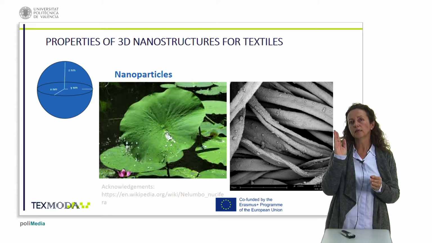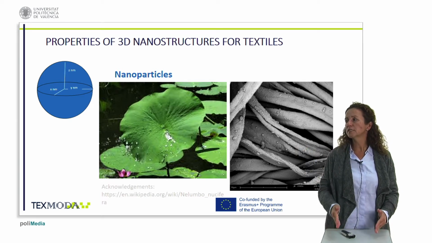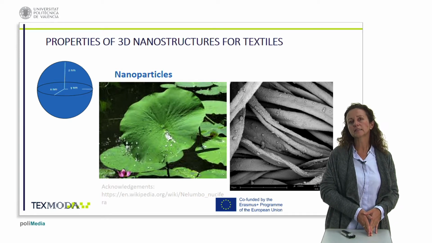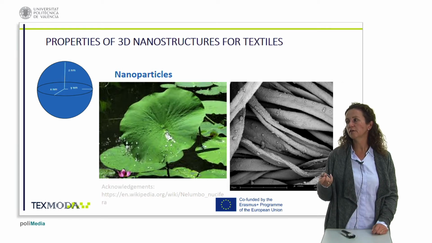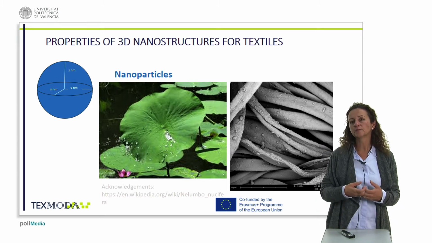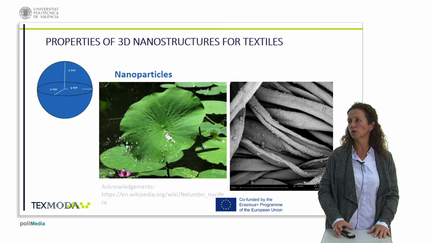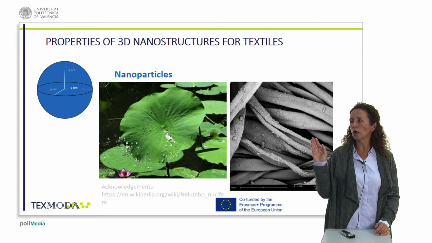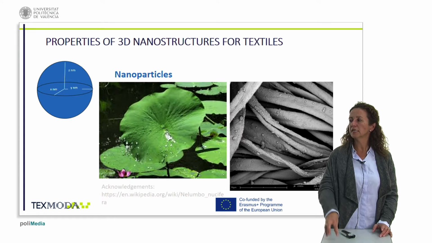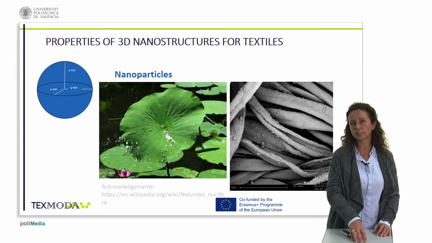For example, in the image on the right side, we could see cotton fibers treated with titanium dioxide nanoparticles, okay? In this case, we can see that there are some of them which are big, and this is because of the presence of the binder that made an agglomeration, so that some nanoparticles were stuck to one another, okay? But those nanoparticles applied on the textile surface that we have on the screen mean that the cotton fabric would have an improved water repellency effect.